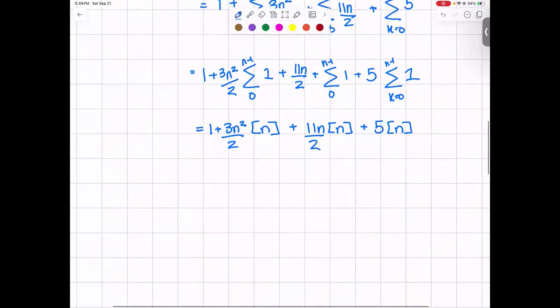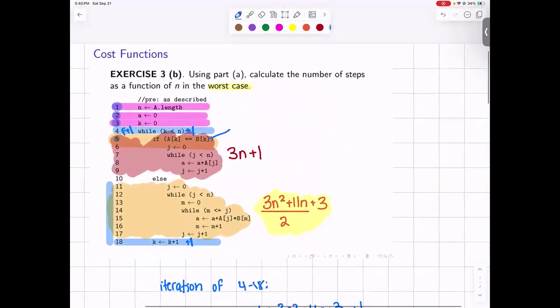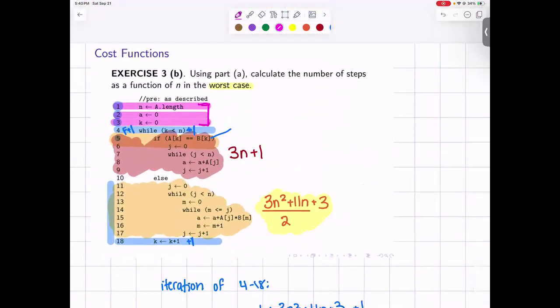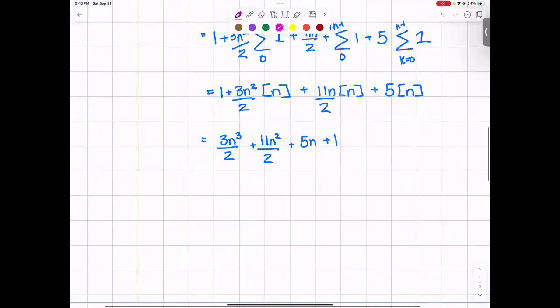Now we can go ahead and rewrite this with all that information in there. 3n cubed, now it's cubed, over 2 plus 11n squared over 2 plus 5n plus 1. And if we scroll back up, we have to remind ourselves that there were 3 lines of code right here that we also have to consider when working toward our final answer. So that's a plus 3 from those 3 lines. That's going to give us a worst case number of steps for the function above to be